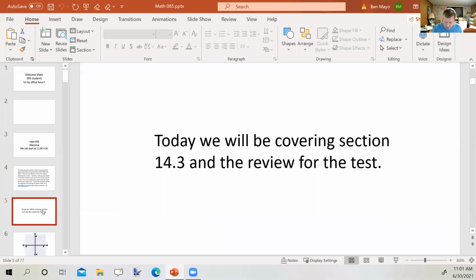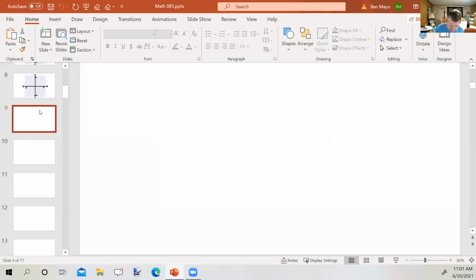So today we're going to go on to section 14.3, and tonight's homework will be 14.3 in the chapter review. Tomorrow during class, we will review for the test, which you will take sometime tomorrow. But before we do any of that, does anybody have any questions from yesterday from section 14.1 or 14.2 that you would like me to look at now? Anybody? All right, then we're going to go on to section